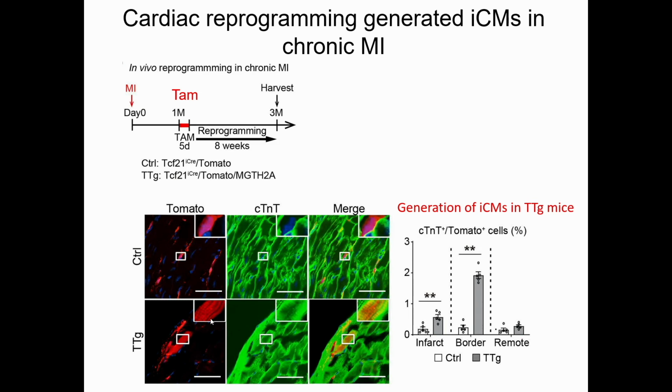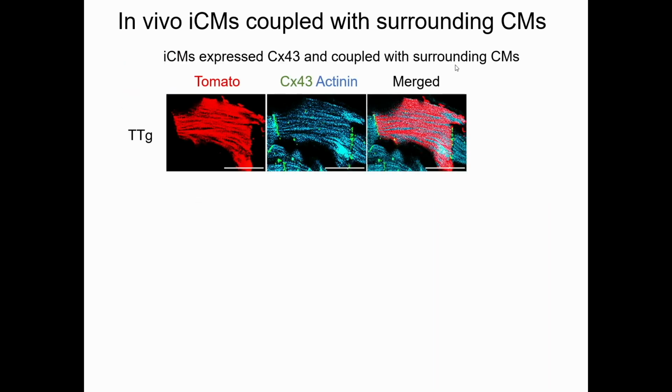And as shown here in the inset, the cells express sarcomeric structures. The reprogramming efficiency was not so high, about 22% in the border zone in the triple transgenic mouse, but we could generate new cardiac muscle cells from fibroblasts by overexpressing cardiac reprogramming factors in chronic MI. We next